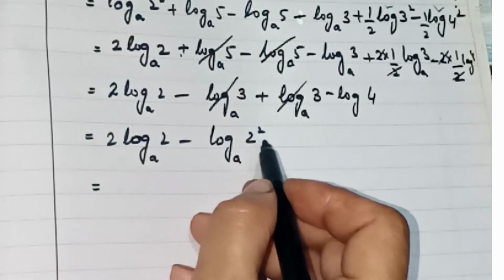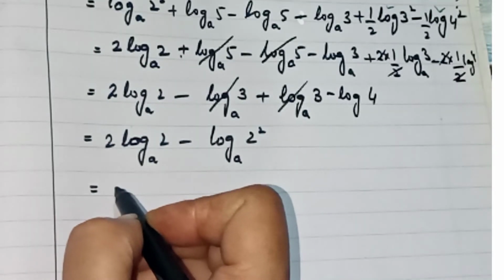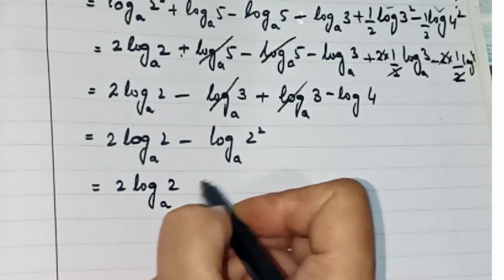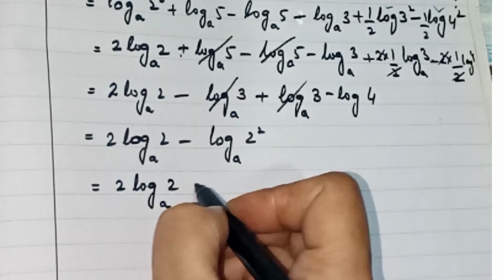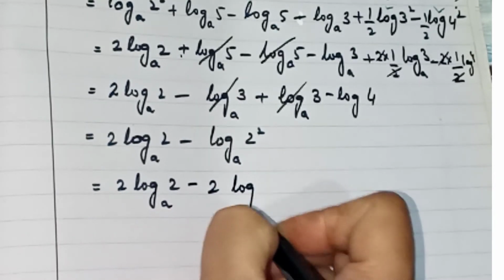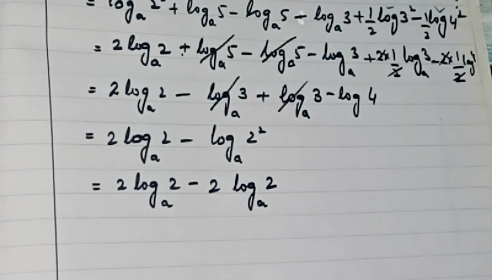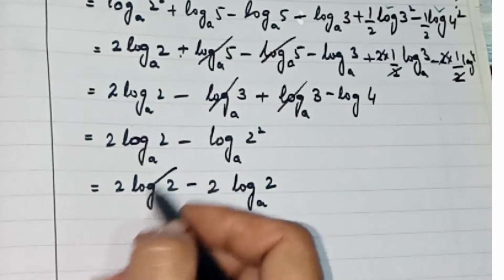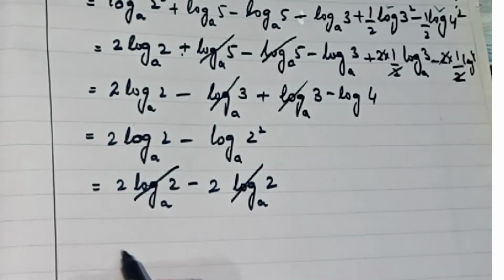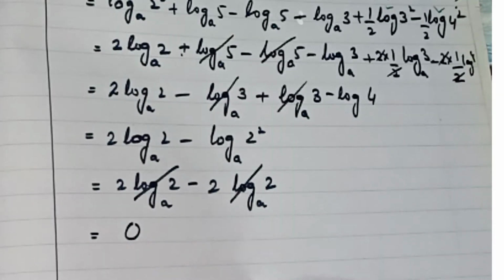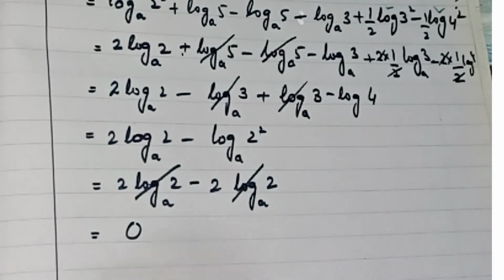Okay, again we have to apply the third law of logarithm here, according to which we have to write it like this: this 2 will come in the start of log and we have to write it like this. Now these two terms are also the same with opposite signs, so these two terms will also be cancelled with each other. What we are left with? We are left with nothing, that is 0. Okay, so this is the answer for question number 8 here.